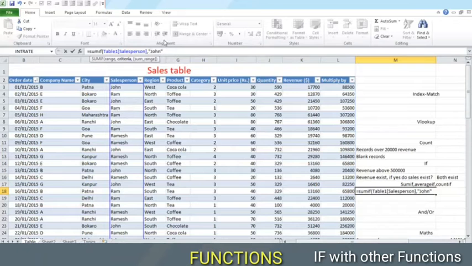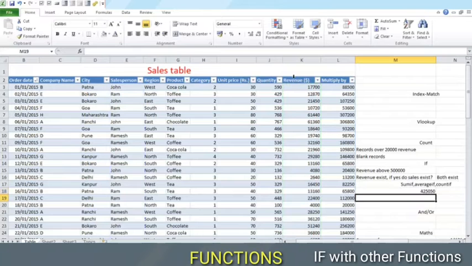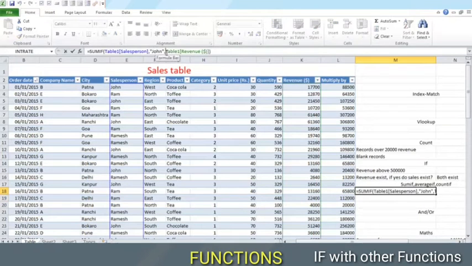This is the range and its criteria. And if this comes out to be true, the sum range where we want to find the sum is the revenue. So this is the revenue brought by John. We take out the sum of the sum range only when the other range has its criteria fulfilled. So the criteria range where its criteria is fulfilled, we'll find the sum for only those rows, for only those corresponding revenues where the salesperson is John.